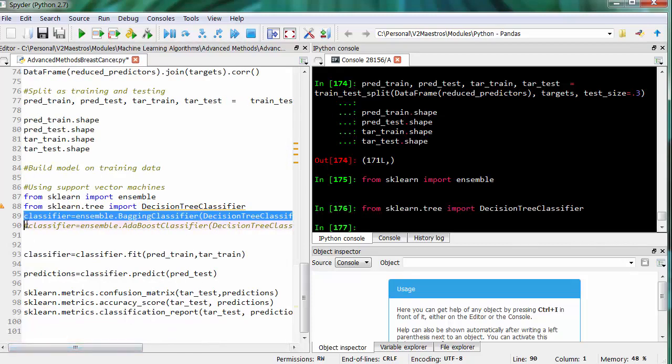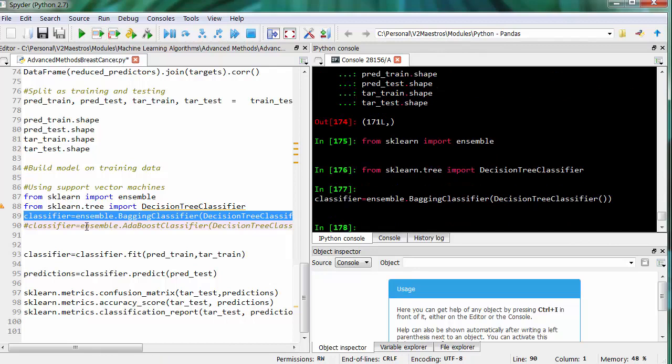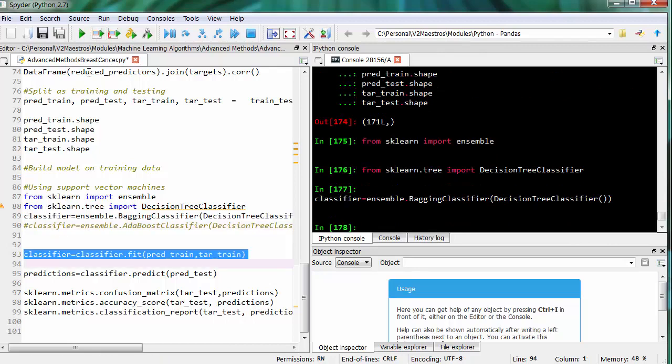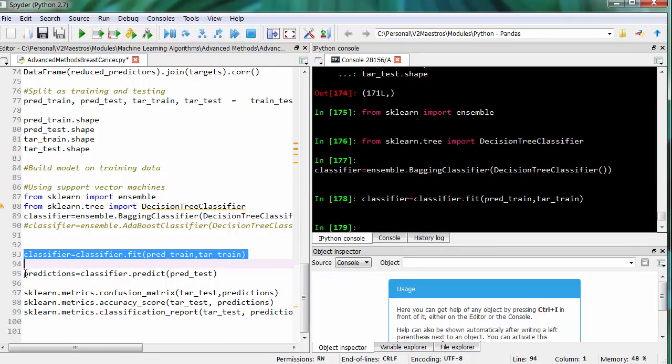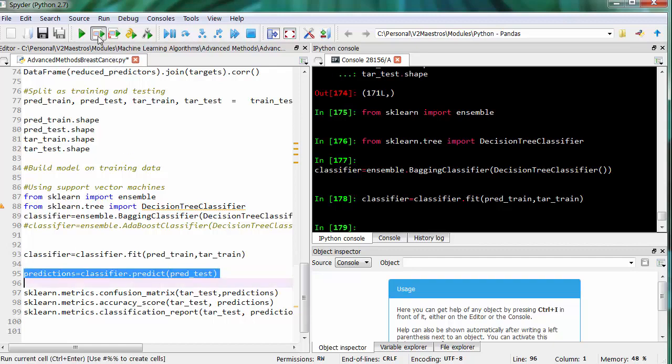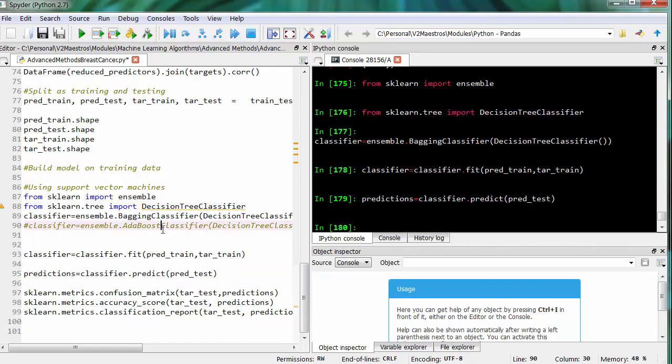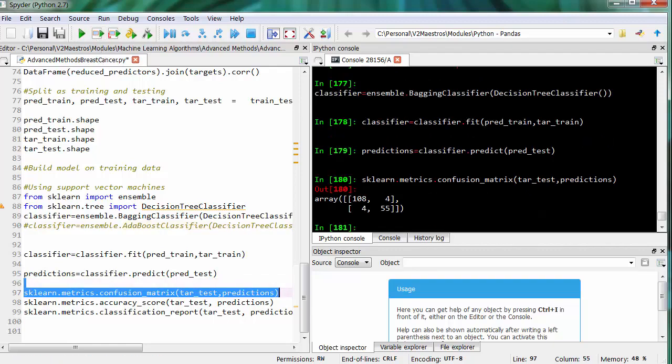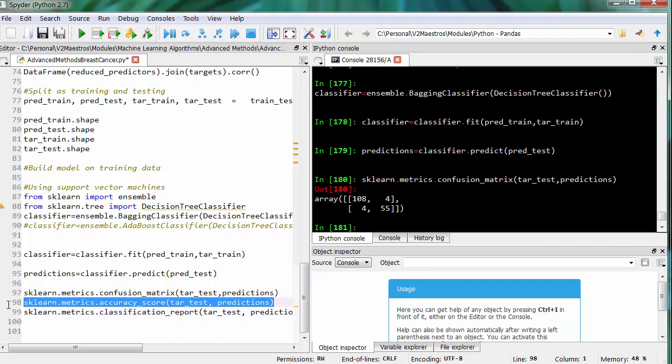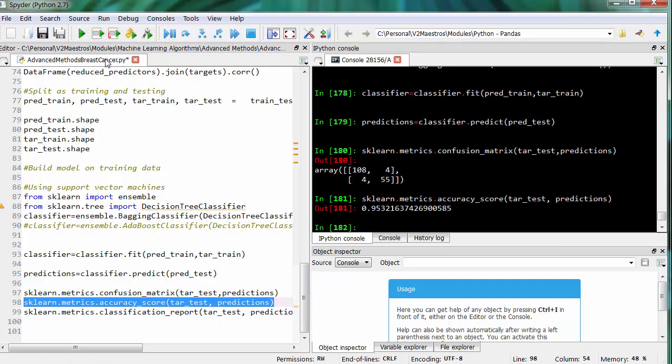So you first create the bagging classifier like this, and then you do the fit, which is building the model, and then do predictions, which is predicting on the test data, and then finally do the confusion matrix. So this is the confusion matrix, fairly clean. You see the diagonal having the most values, which just shows it has very high predictions. And let us also look at the accuracy score. Accuracy score is 0.95. So bagging has been able to come up with an accuracy score of 0.95.